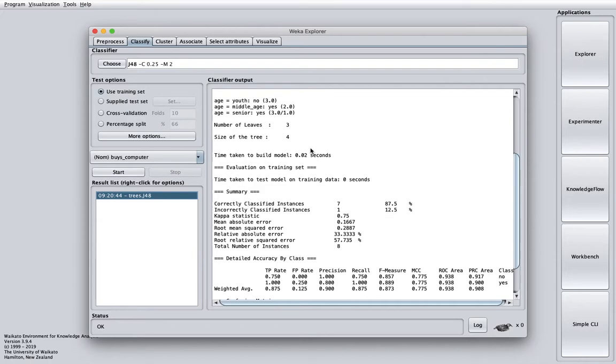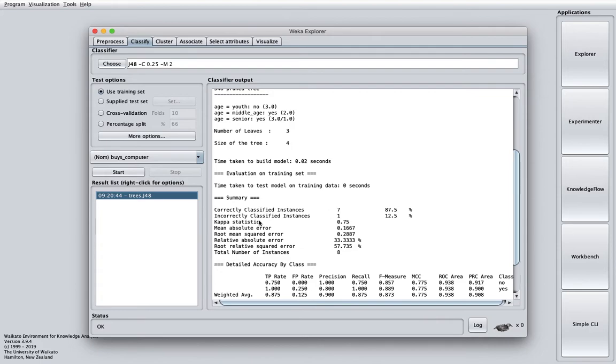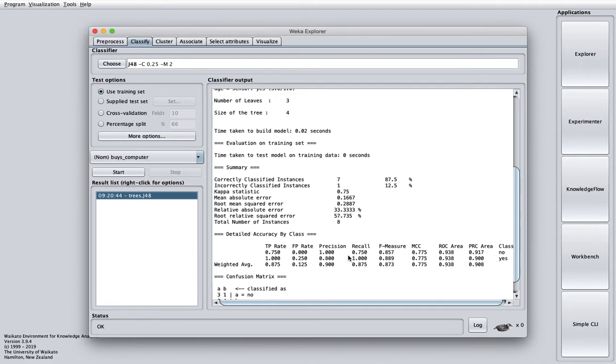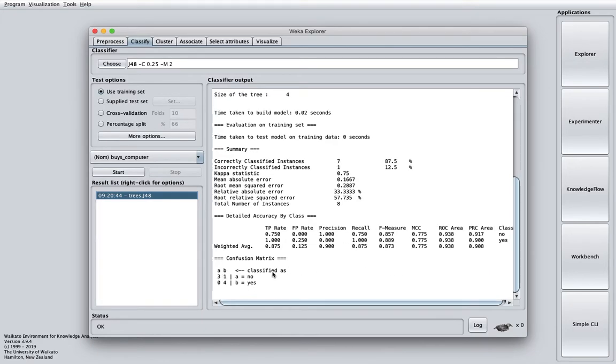out of 8 tuples, it has classified correctly 7 tuples and incorrectly 1 tuple, right? Means the result obtained from the training data is optimistic here, fine. And here you have the root mean square error, relative absolute error, total number of instances 8. So all the details are here. This is the detail of accuracy by the class, right? And last you have the